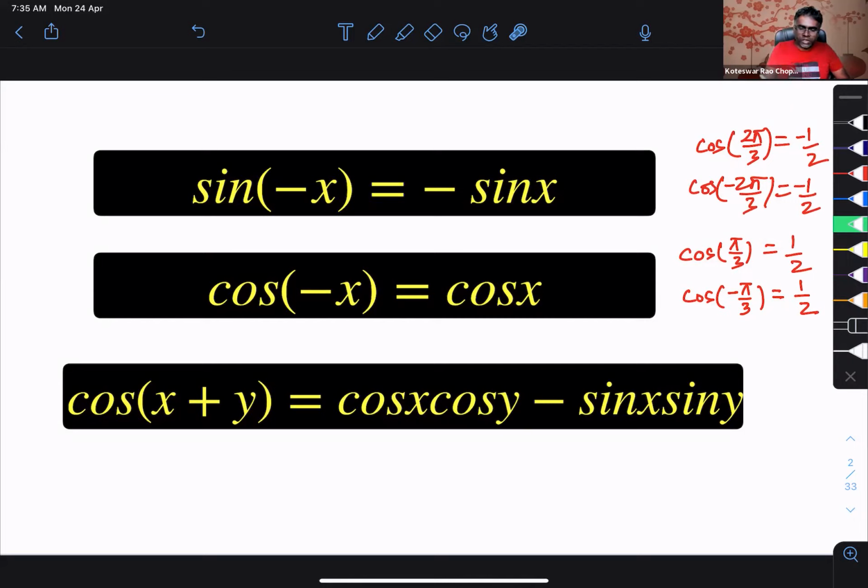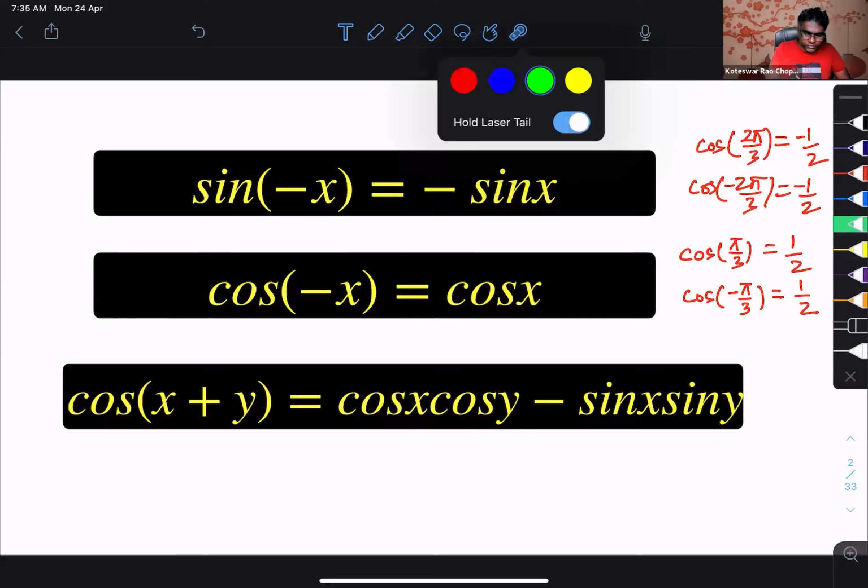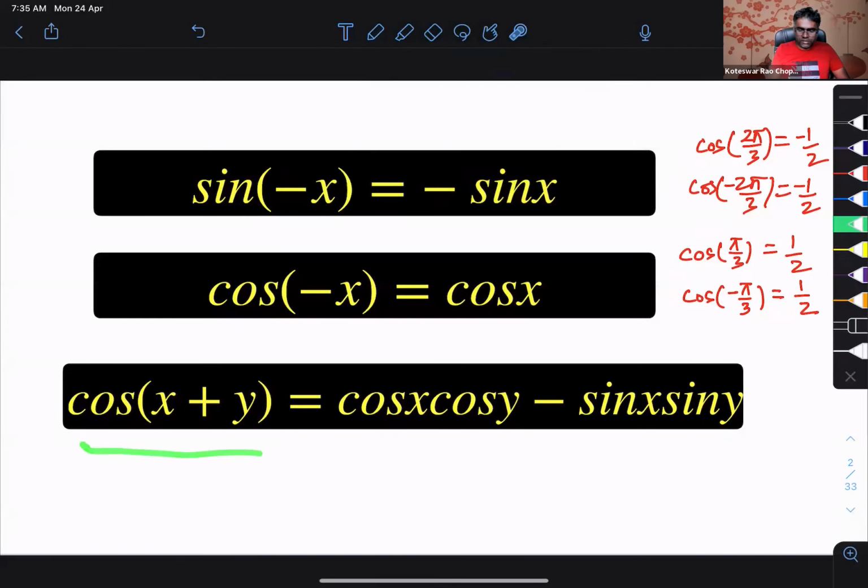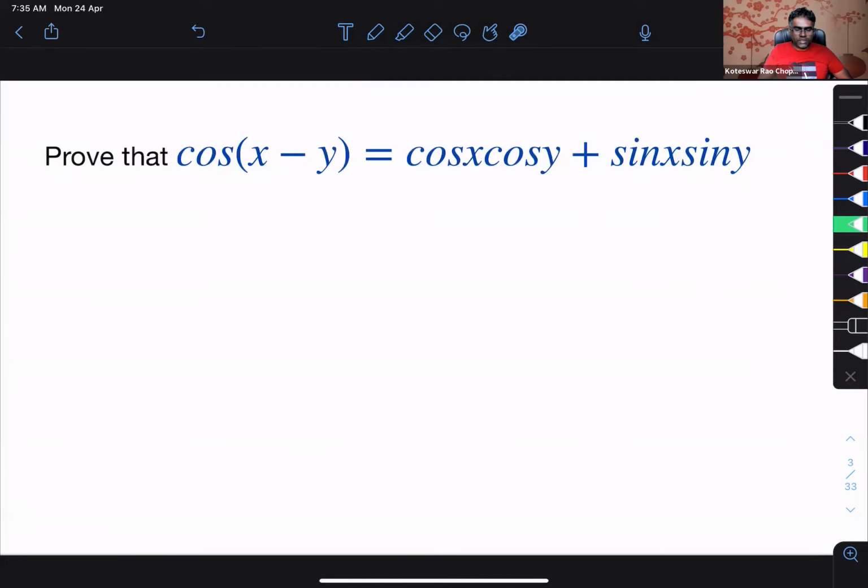Okay. That is one. And then we have seen that cos of x plus y is cos x into cos y minus sin x into sin y. Okay, so now using this, we want to prove that cos of x minus y is cos x into cos y plus sin x into sin y. So let's write what we have just proved. Okay, so cos of x plus y